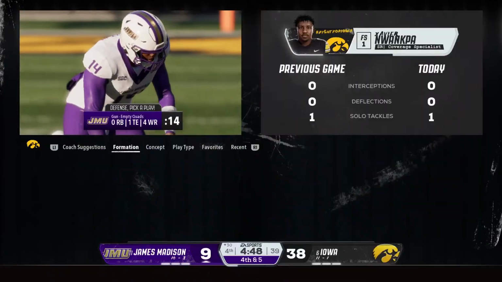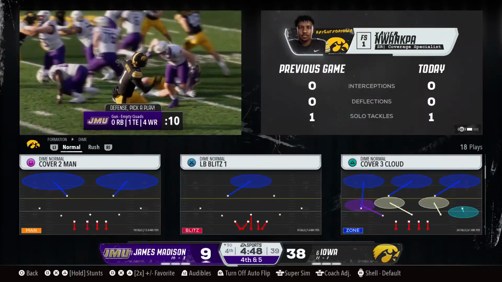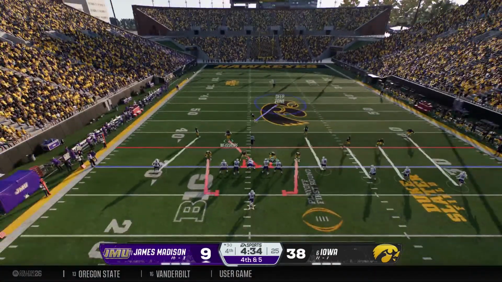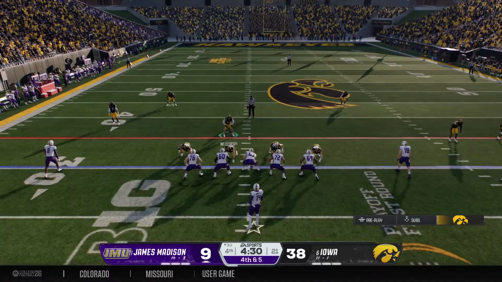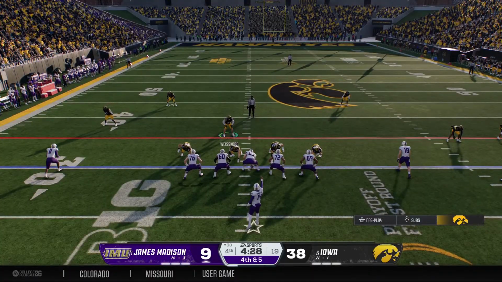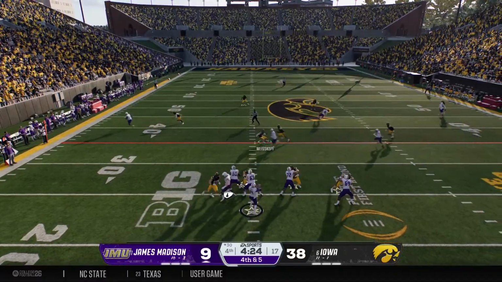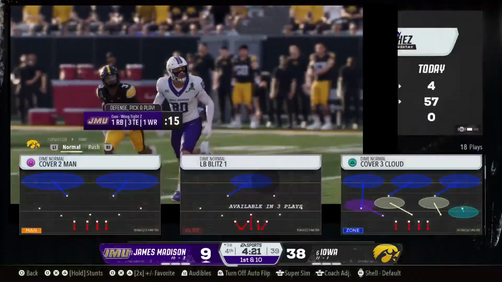Stopped right there at the line. No gain. That was going nowhere. The defense had that option scouted out perfectly on third down. What a big-time play. What will they do here now on fourth? Fourth down. He's throwing for it. Makes the catch, and that is enough for a first down.